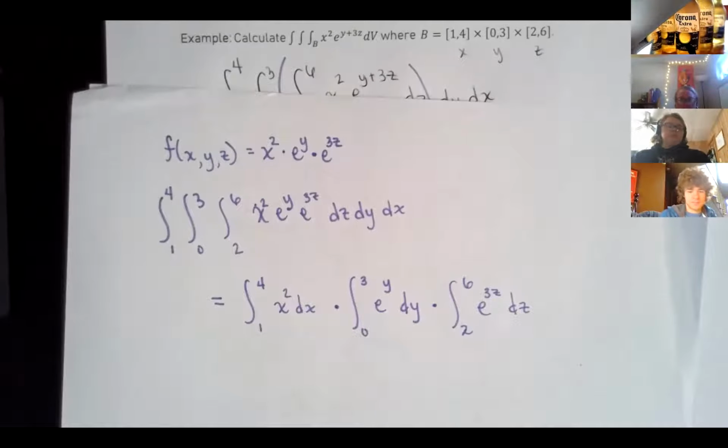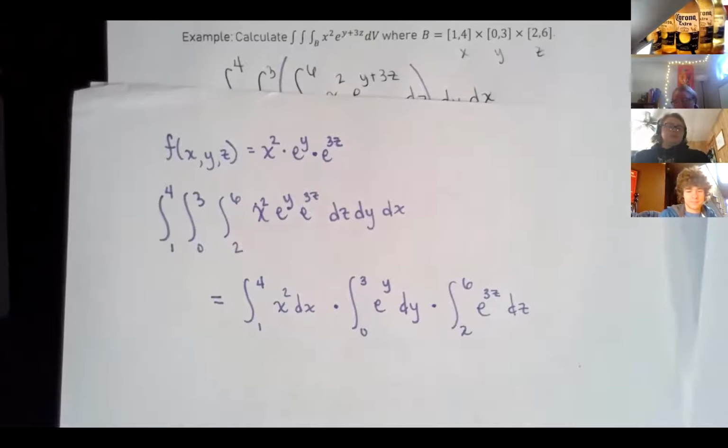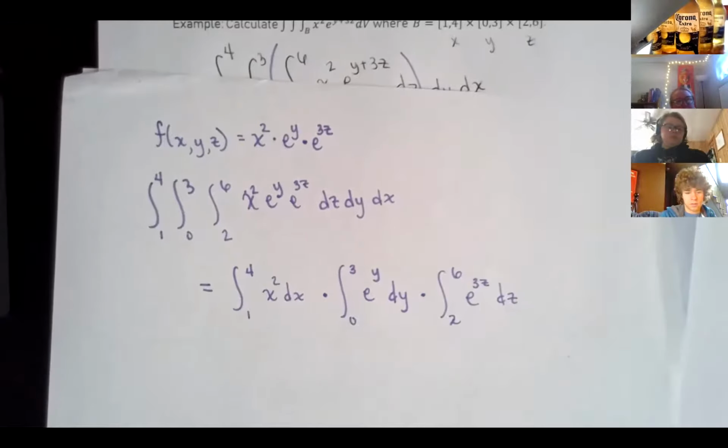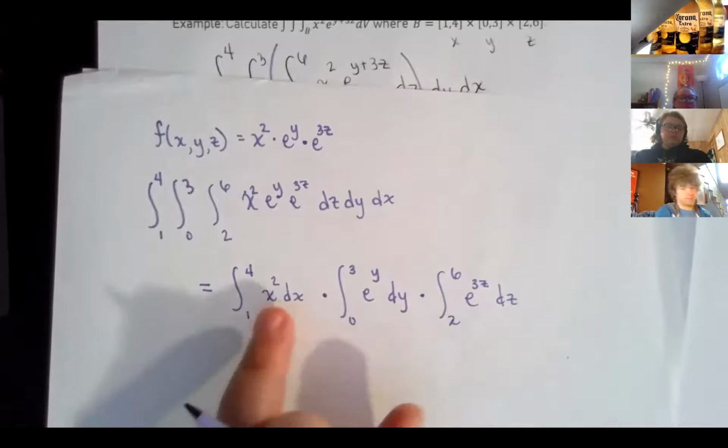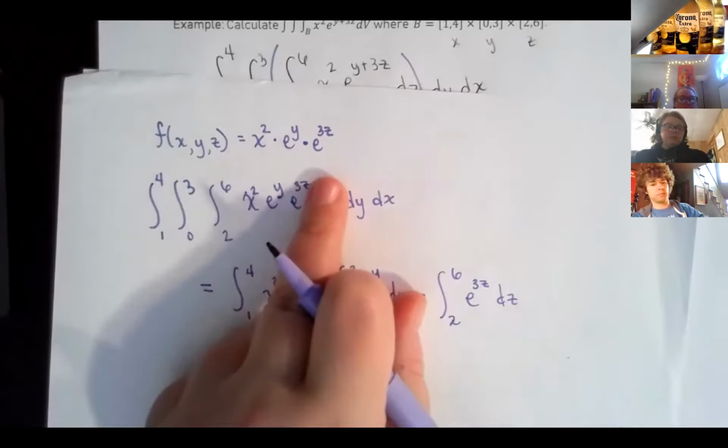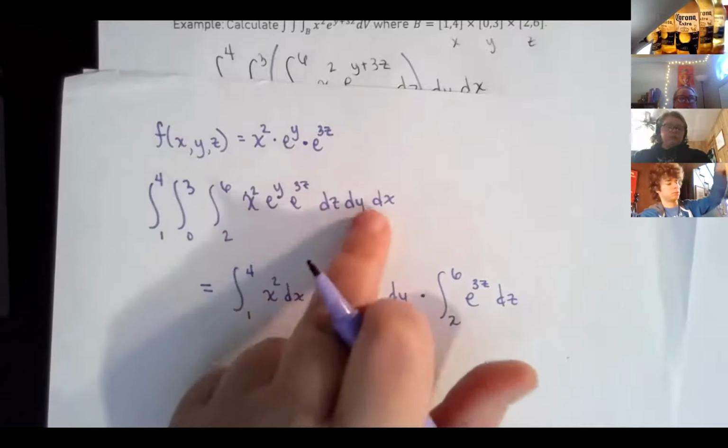Why does this work? I'd say yes, because if you look at it from the point of view of the x's, the y's and the z's are just constants and can be pulled out. Now all those different variables are separated. Exactly, that's the trick here. If it was something with sine of x plus y in there, we couldn't do it. But because these are now viewed as a product, when we're integrating with respect to the other variables,